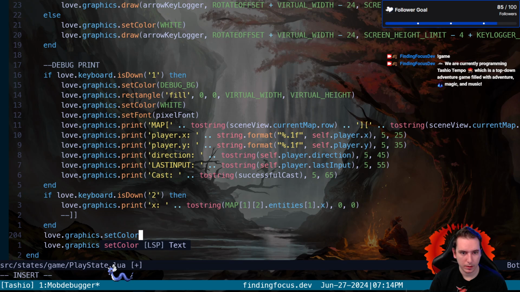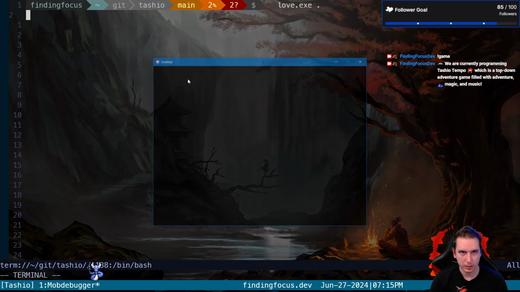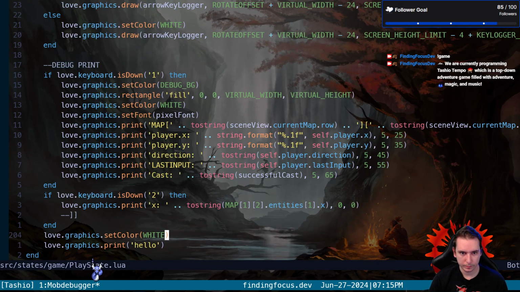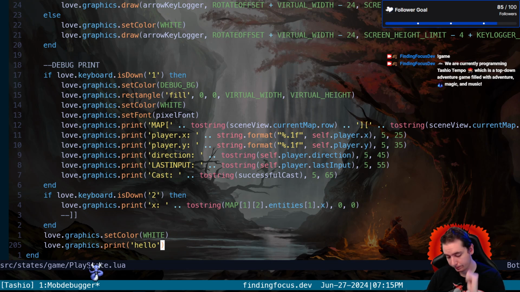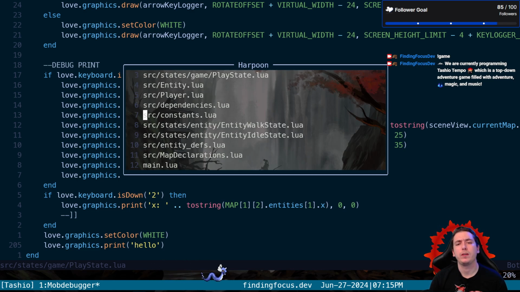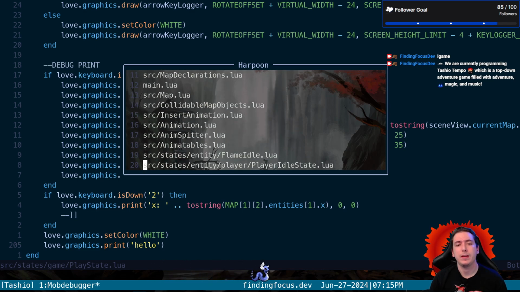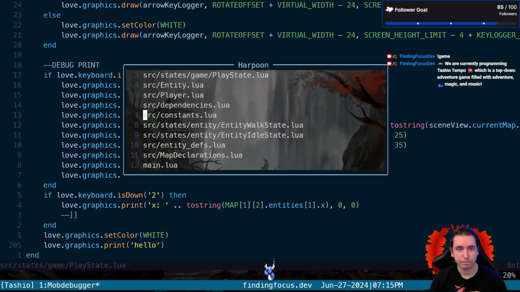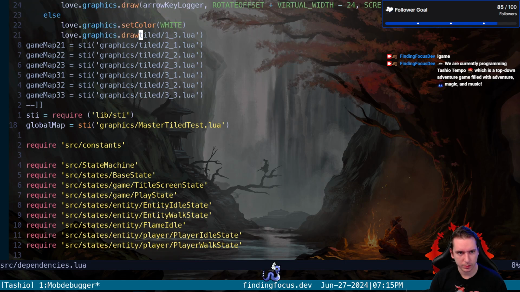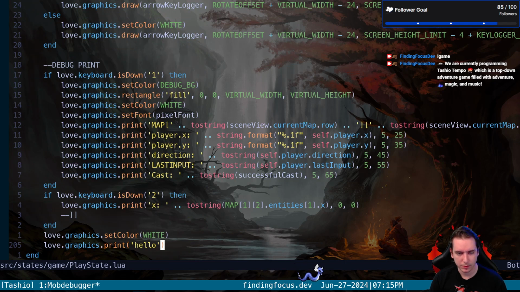Set color. We're setting color to white. Okay, we're saying hello. But what we want to say is we want to look at the data that's in the thing we just exported. So I believe if we go to the dependencies, and if we were to just do this global map, let's see what happens. I think it'll just give us